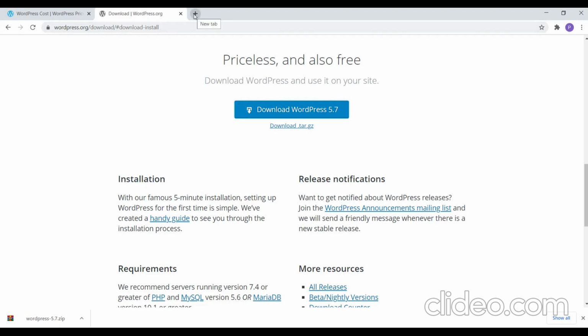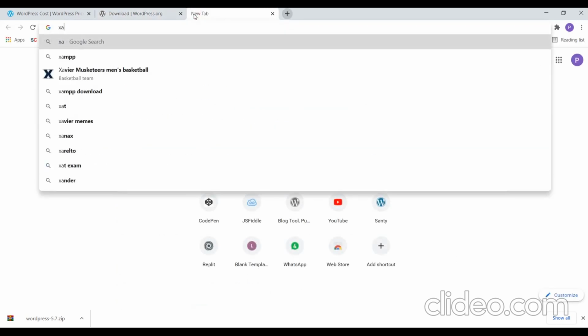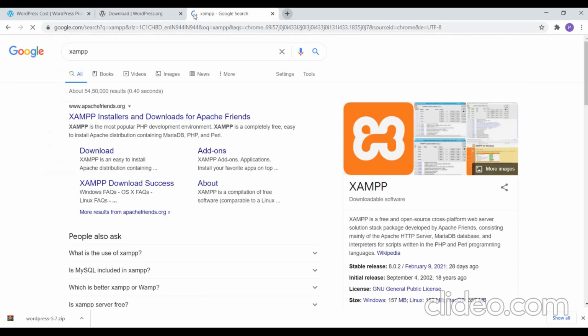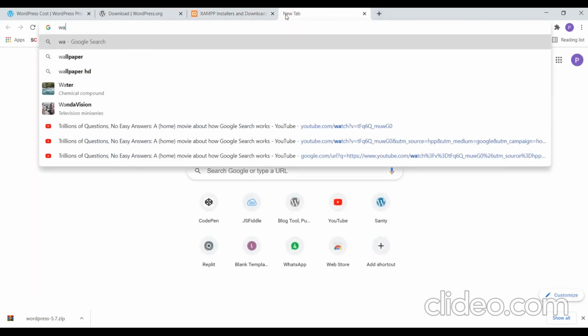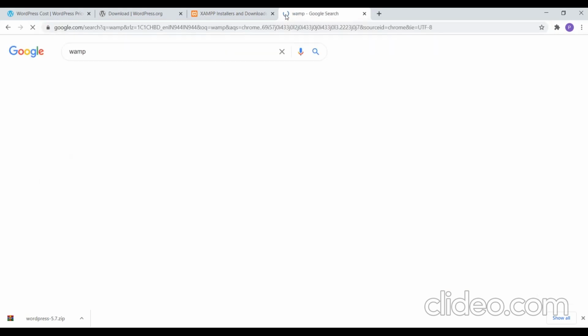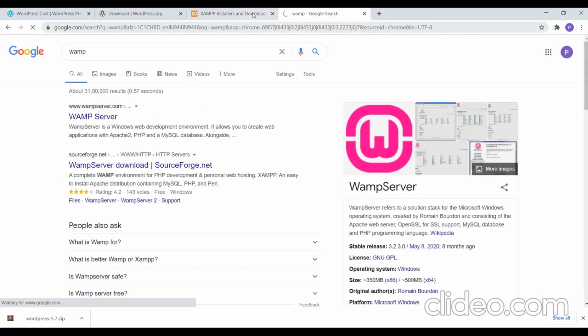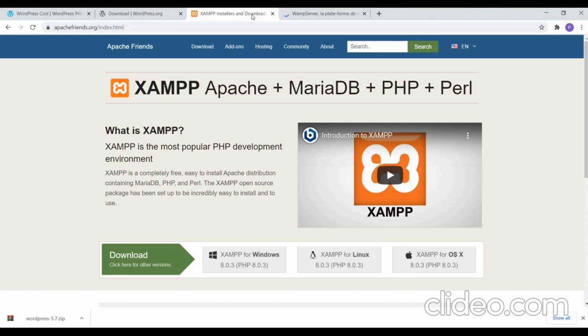So what's the software that goes along with this is, one, you can go download and install XAMPP, or you can download and install WAMP. So XAMPP and WAMP runs as a server for your local machines. So it is a replacement for your server. So you need to install XAMPP or WAMP depending on your wish. Whichever you are familiar with, you have already worked on with.